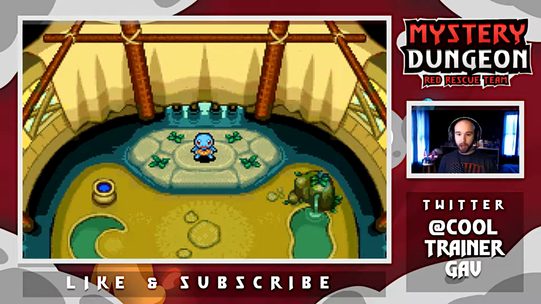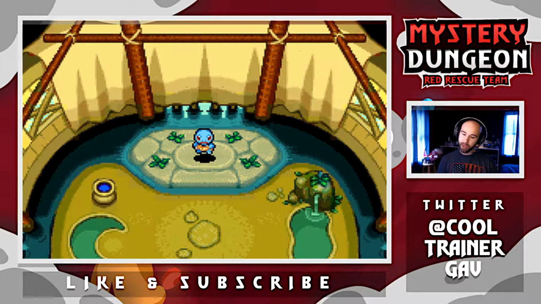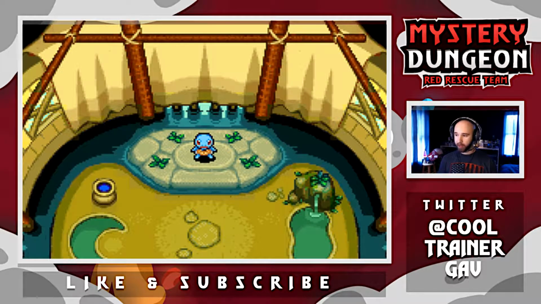But anyway, last episode, what did I do? Oh yeah, we got a job offer, specifically for us, from a Wynaut and a Wobbuffet, and basically they asked us to go beat up some Mankey that were making trouble in their forest. So we did, but in order to complete the mission, basically we were like, hey, let's rebuild our rescue team base and make it a proper rescue team base,